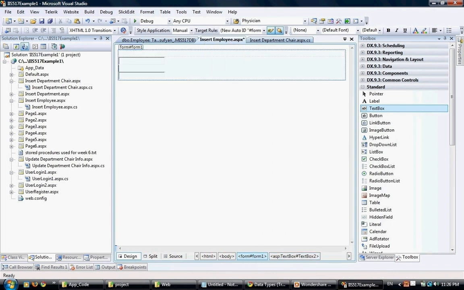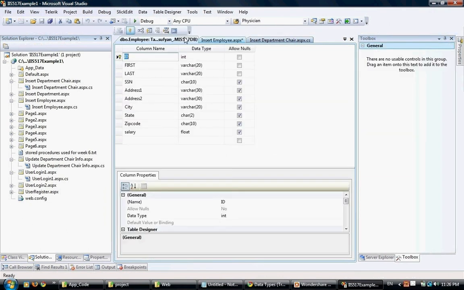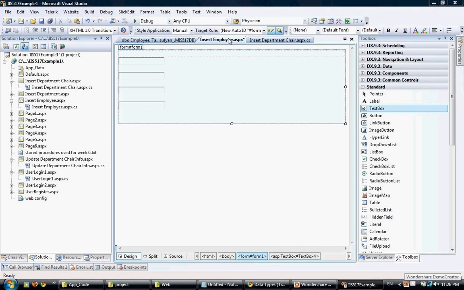Now what I want to do is I want to just add them quickly, and then later we start doing the changes. So we have second field, we have the third one, and we have the fourth one. So how many we have? We just go look at the table. We have 1, 2, 3, 4, 5, 6, 7, 8, 9, 10. So we need to have 10